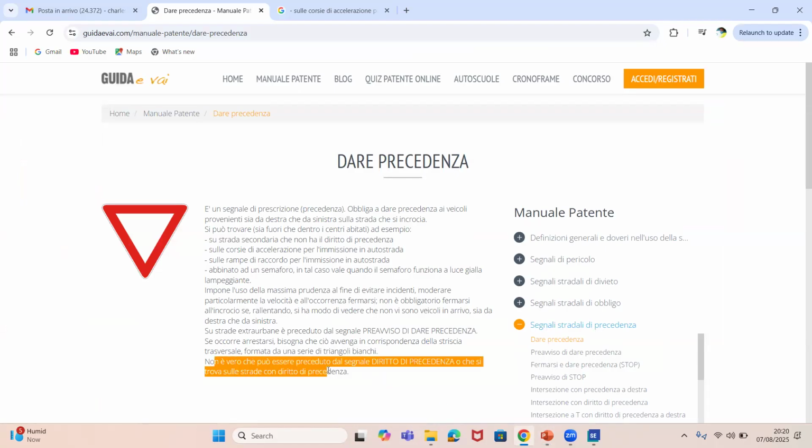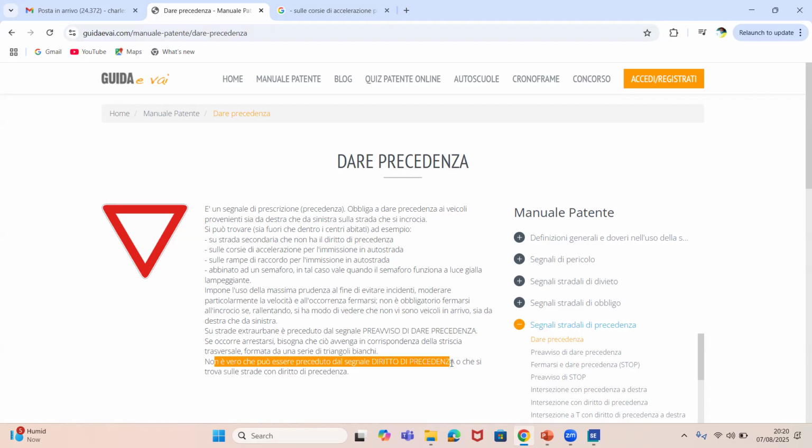Now watch. Non è vero che è preceduto da segnale diritto di precedenza. Guys, inside direct precedenza, watch, write it down. Nothing, I repeat, nothing concerns diritto di precedenza, because number one, we've not even started doing diritto di precedenza. We are still treating dare precedenza. You can never see any segnale of dare precedenza inside diritto di precedenza. The same thing, you can never see a segnale of diritto di precedenza inside dare precedenza.